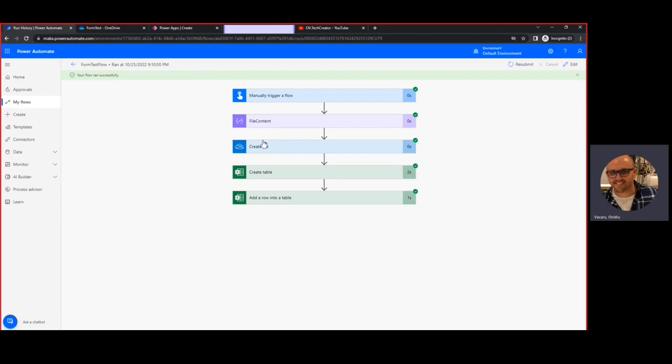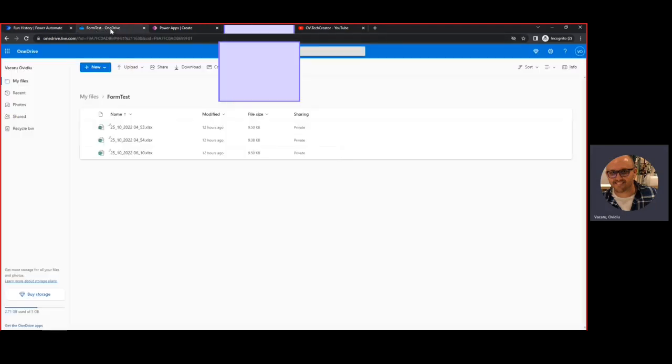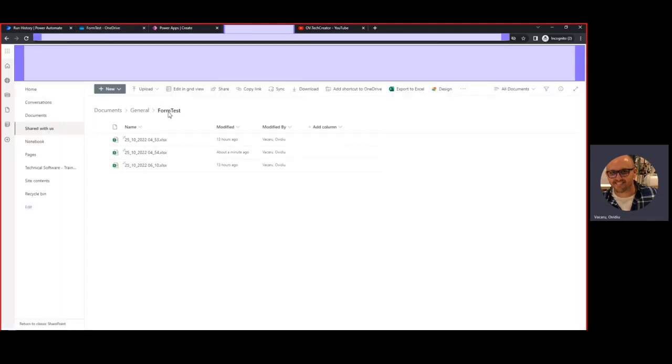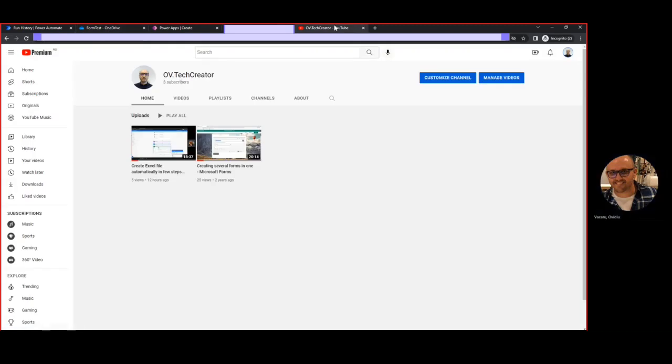Instead of OneDrive, you can create file on SharePoint, and then the files will be automatically created in the specific SharePoint library or channel or whatever in SharePoint. Okay, I just copied and pasted these files on the SharePoint library, and here I have created this folder, and I would like to show you